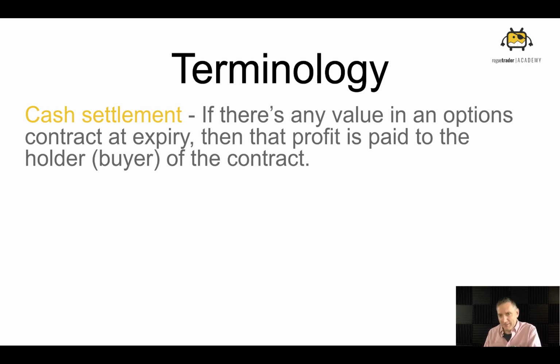You don't have to worry about receiving 1,000 ounces of gold or bushels of wheat or a Bitcoin or shares in a stock. First of all, we don't hold options to expiry usually. Second of all, if it is against me when it comes time to expiry, it's just a cash difference. It's the cash difference between the market price and the strike price. That's cash settlement. It's very, very simple. The reason they exist is really to simplify the whole process. It's a lot easier. You don't have to worry about all this stuff. And it eliminates a lot of expense.